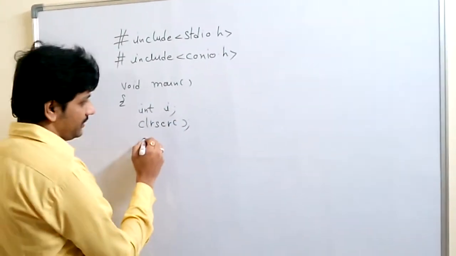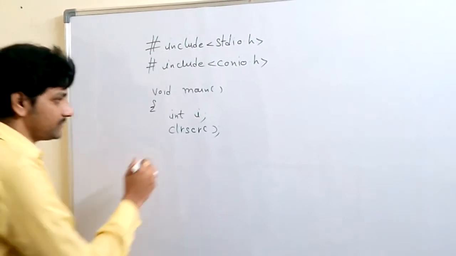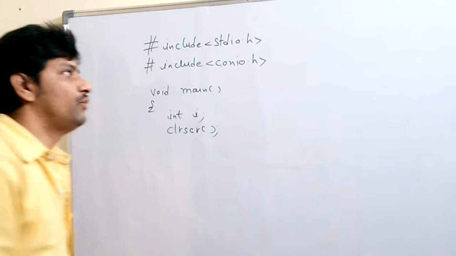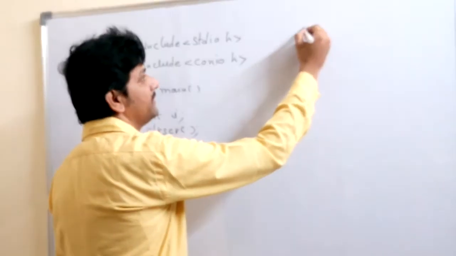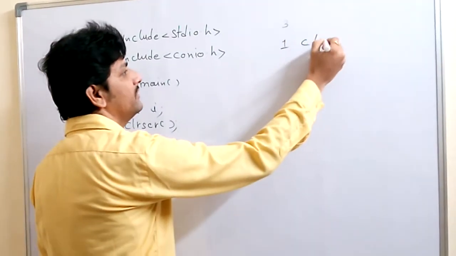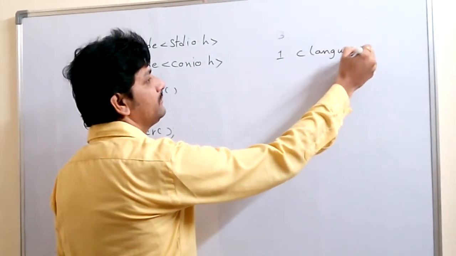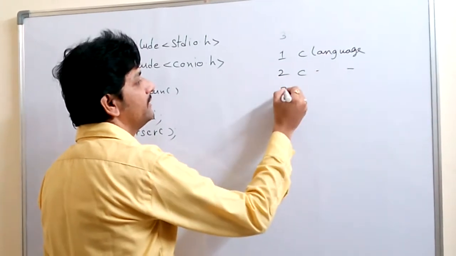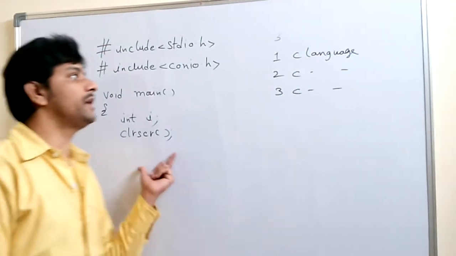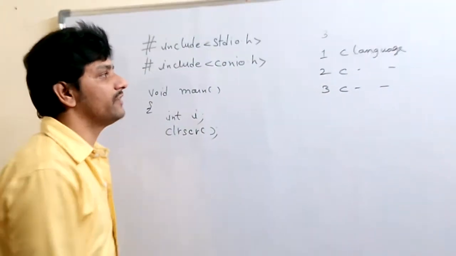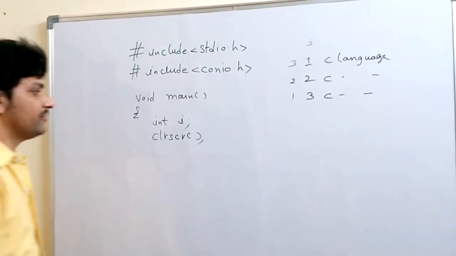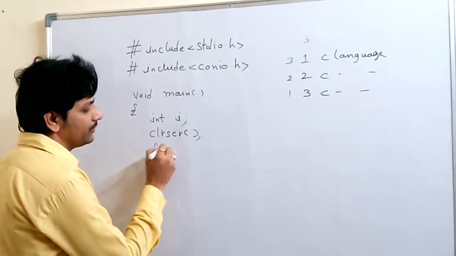Next, we are going to display the numbers. In the previous lesson, I told that if the number is three, you need to display it three times. First time 1 C language, second time 2 C language, third time 3 C language. Like this the output must become. But sometimes they ask to display in the reverse order, like 3, 2, 1. So for that purpose I am going to write a program.